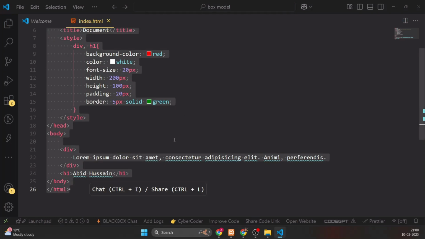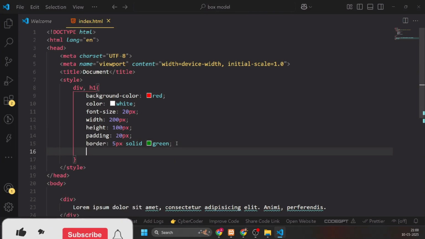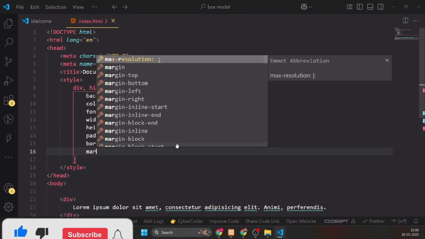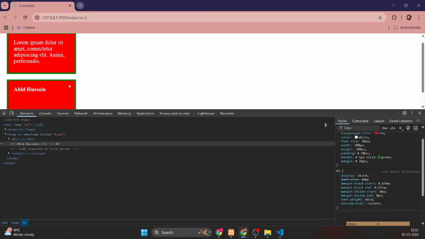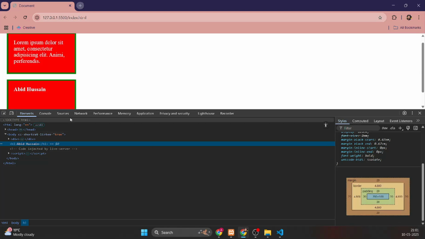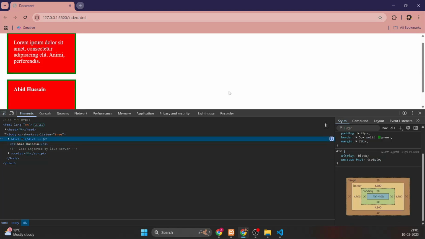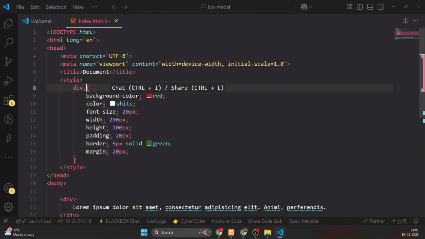But if I give margin, suppose 20 pixel, now 20 pixel is the margin for both of these. You can see 20 pixels of margin around all sides, and if you want to change it for the same style, you can cut it, and here